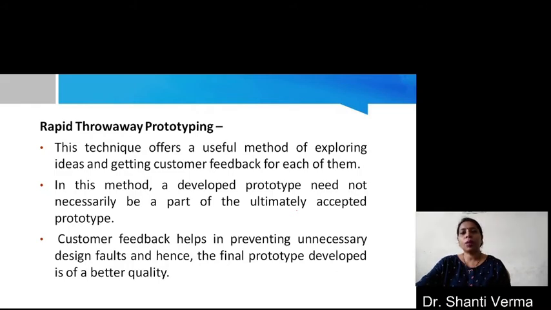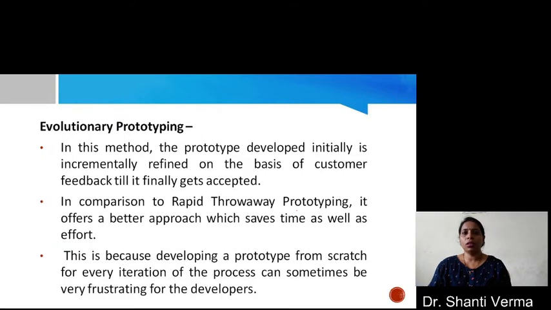The customer can give feedback on the design part, and hence the final prototype developed is of better quality. So there is no need to change as much as compared to other models.